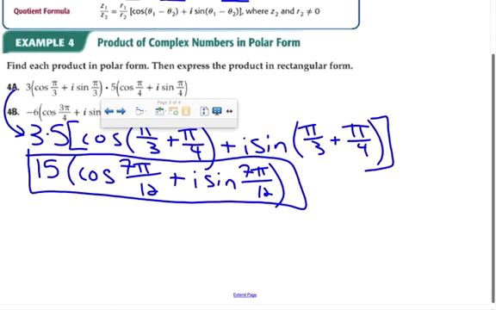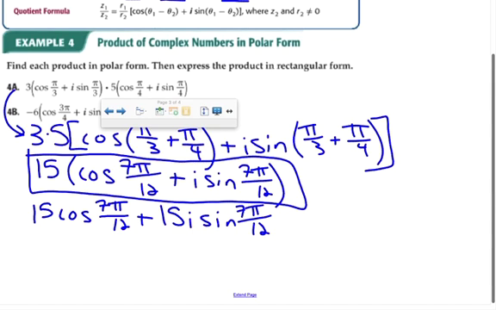So I've got 15 times the cosine of 7 pi over 12 plus I times, gotta distribute, 15i times the sine of 7 pi over 12. From here, it's just calculator. 7 times pi divided by 12. Take the cosine of that and multiply it by 15. And that's negative 3.88